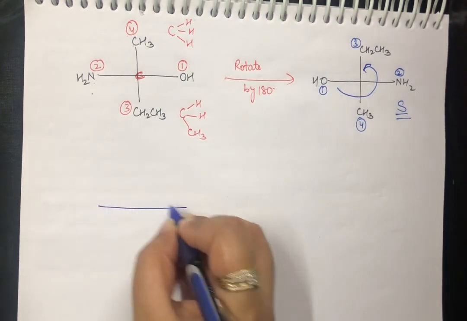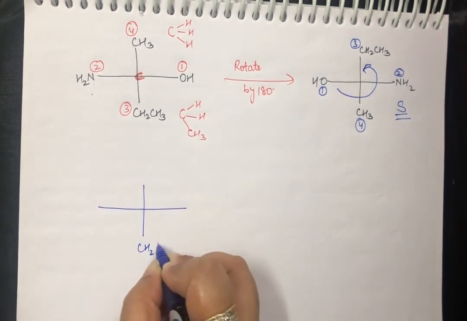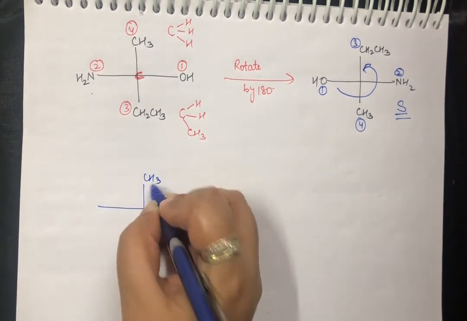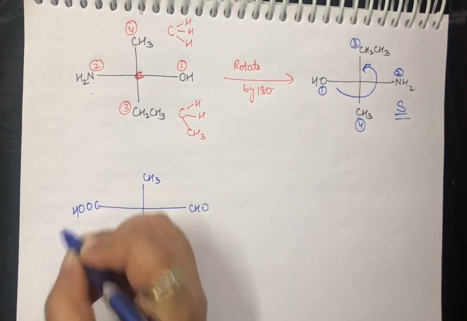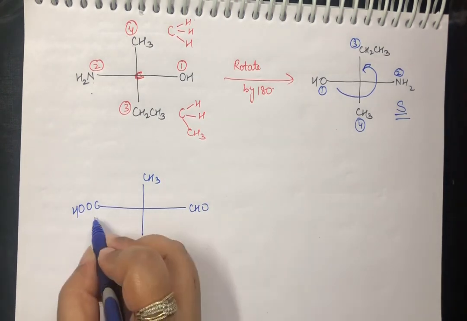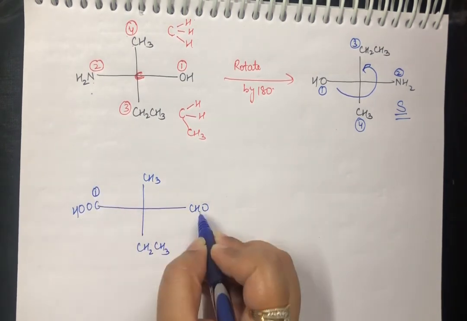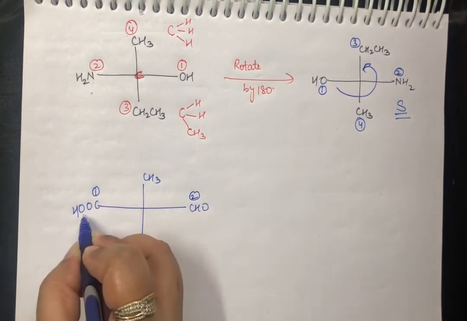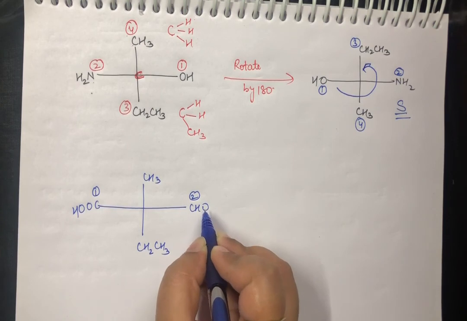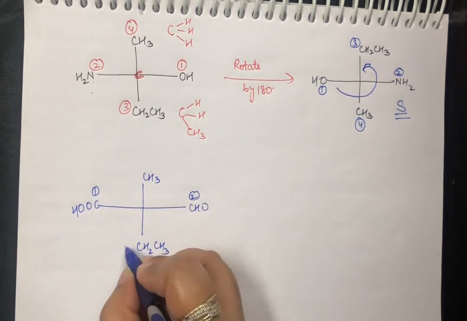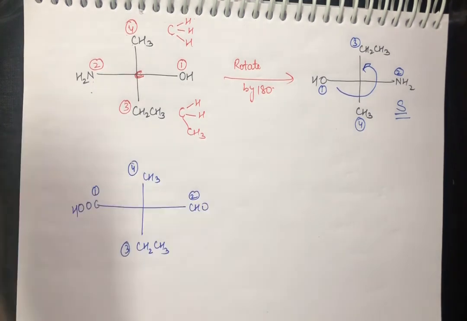Similarly, if I take an example of a compound like this, let's take a methyl group here and a carboxylic group here. So now again, if you have to decide the priority, here it is COOH, here it is a CHO. So this gets second. Both of them have carbon. Next it has 2 oxygens and it has 1 oxygen. So this is first and this is second, and out of these two, just like the above example, this will get the third position and this will get the fourth position.